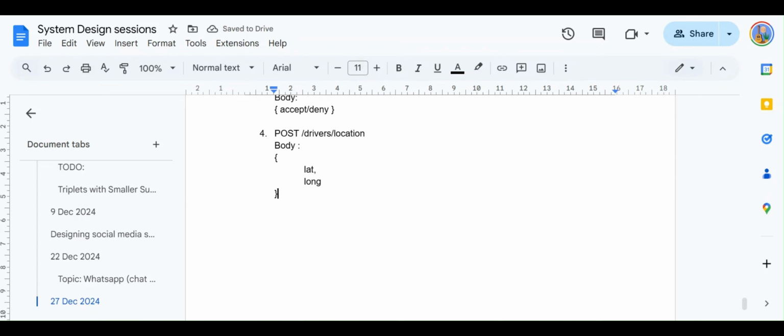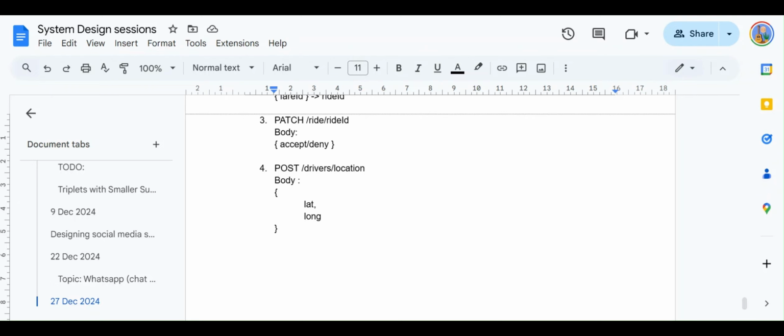This can be the body of this POST request. Now you don't need to go into the detail of whether it's a long, it's an integer, what it is. It's a waste of time, and it's in fact a disrespect to the interviewer. This is a very basic thing; of course latitude and longitude are numerical, right? You need to save time for the discussions. If you are a mid-level, mid senior engineer, then if you go into that, it's fine. But staff level candidates, please don't do that. It's not a good idea. So don't spend a lot of time on describing the data types.